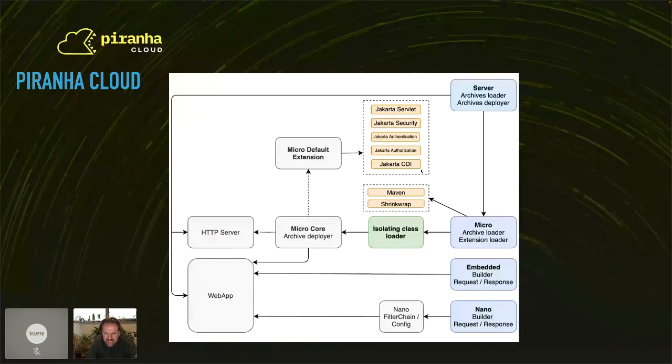And then we see that they all build on top of each other. And then eventually the archive loader from Micro uses Maven and ShrinkWrap to load a specific set of Jakarta libraries, and those are the ones in orange there.